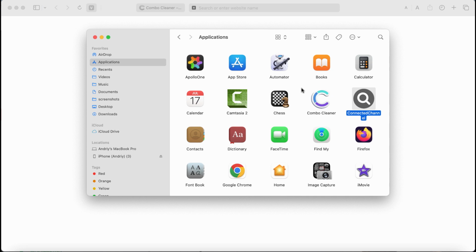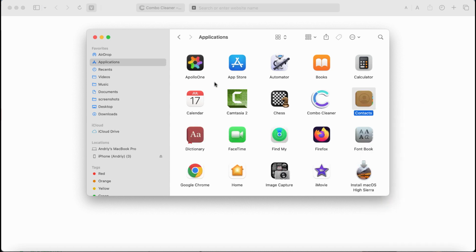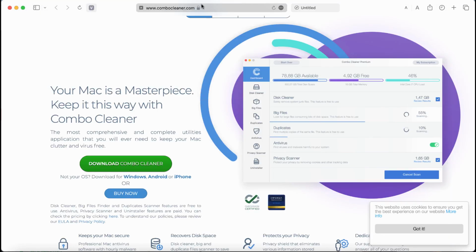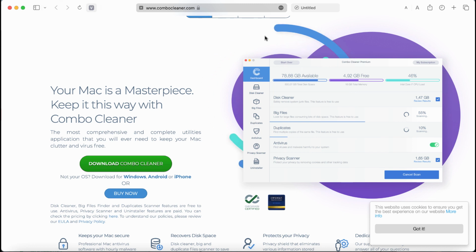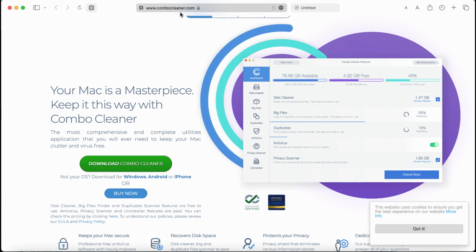So, if this adware called ConnectedChannel was somehow found on your computer, you definitely need to undertake the measures and get rid of it immediately. To get rid of it, you need to check your applications, find this connected channel, right-click on it, and move it to the trash. To make sure that your computer is free of other threats, consider scanning your Mac with